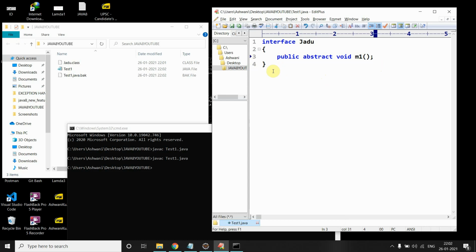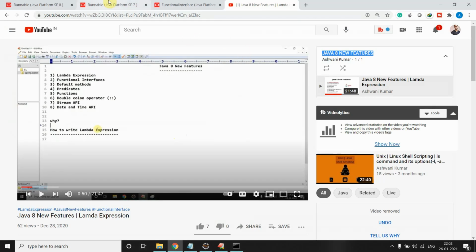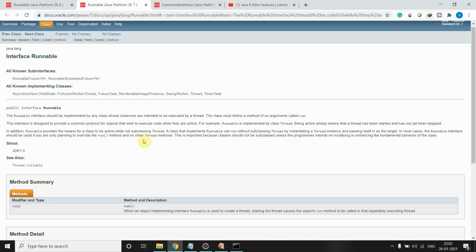To remove this confusion, the Java people introduced one annotation. What annotation? We will talk about that annotation in a couple of minutes. Let me give an example of a functional interface here. The first example is Runnable.